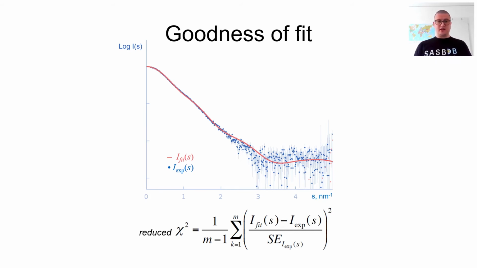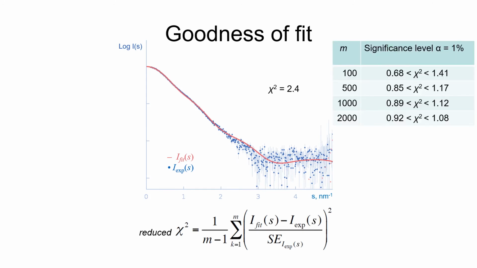In this case, we got a chi-squared value of 2.4. Does this mean that my model fits the data? The simple answer is that it depends on the number of points that you have in your data set. So this data set consists of 500 points. And here there is a table that tells us that given the significance level alpha of 1%, the chi-squared values must be within these given ranges. So in this particular case it means